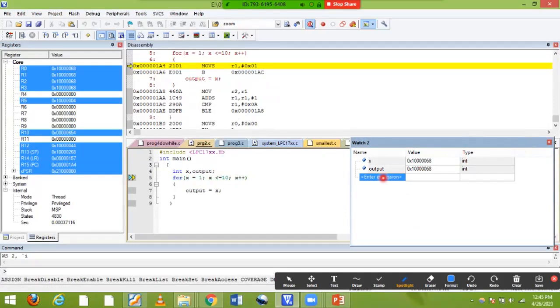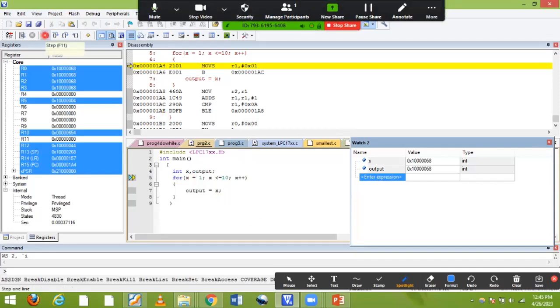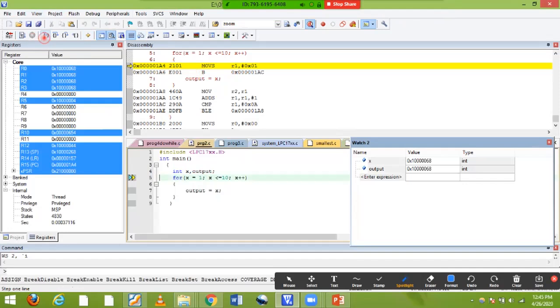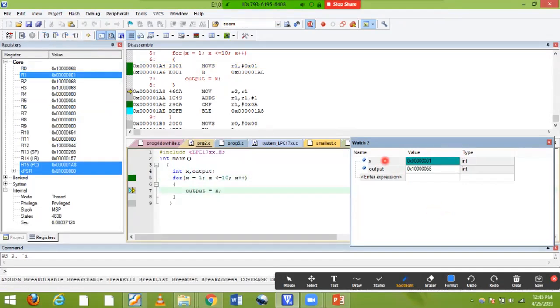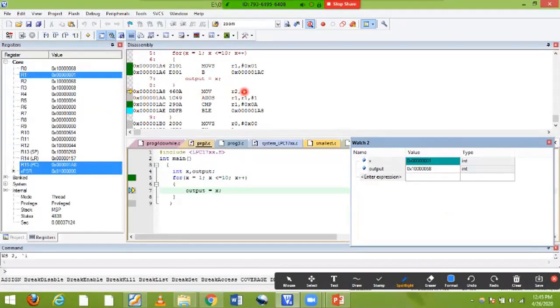Okay, see here I'm going to take an x value and do some operations. Let's see how it is working. So I'll go to the execution. First it is integer x and output, not a problem to me. Now you can see that first x is loaded with the value 1. How is it loading? See, it is pointing to this point here.